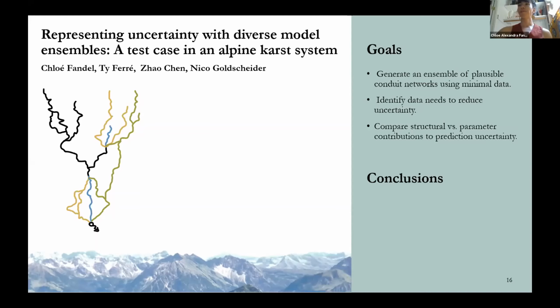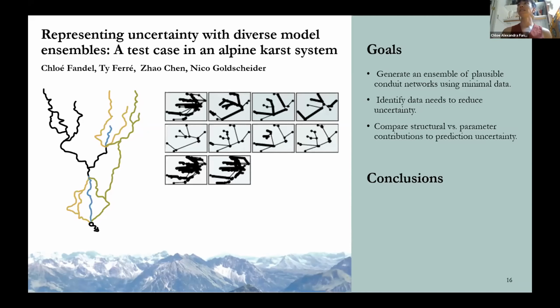So what we found so far, and again, this is a work in progress, this is a subset of 10 networks that were automatically generated for our field site. Can you see the mouse on here? Yeah, okay. So the springs for the system are over here, so that's consistent in all of these, but then the network that drains to the springs is different in all of these automated ones. And we tried to get a range of, you know, branching and different connection patterns that could all exist given